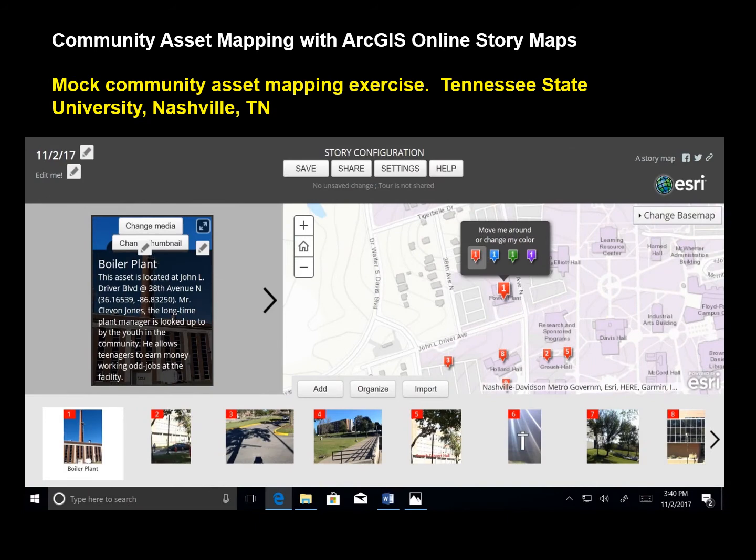Now, a really good tool for asset mapping is the Story Maps template in ArcGIS Online. With the Story Maps template, you can take photographs of each asset and then write a brief caption about that asset so that you can have a greater explanation or a better description of the asset and explain why it's an asset. In this case, this is a mock walkthrough that we did on campus at TSU,